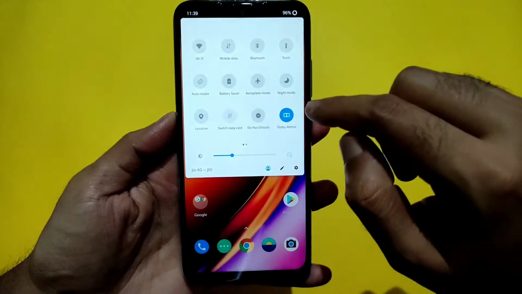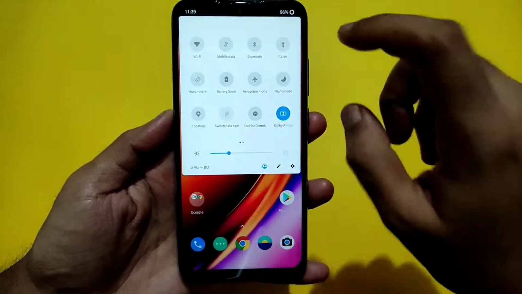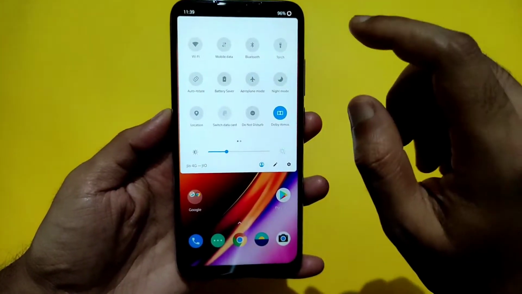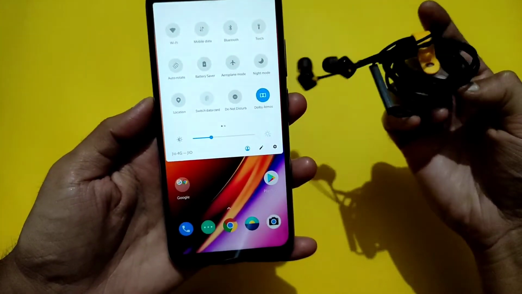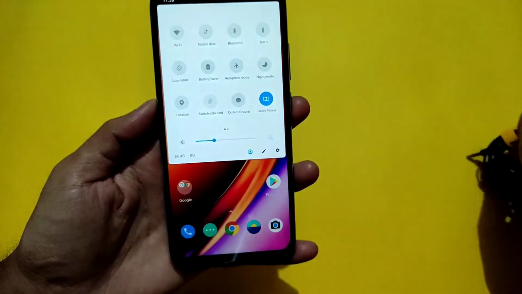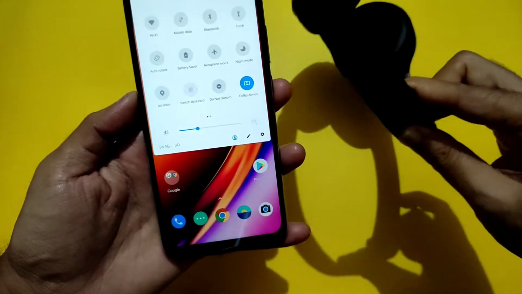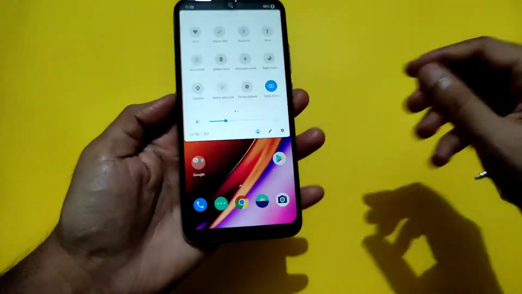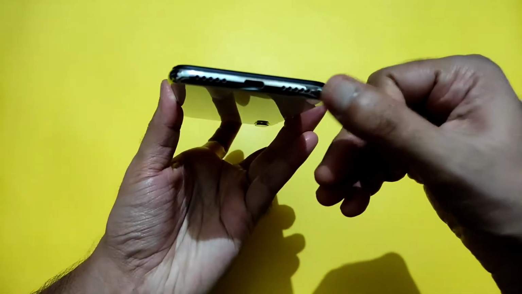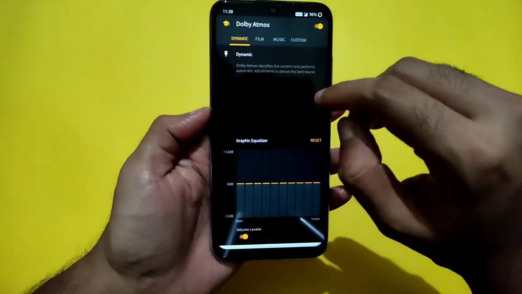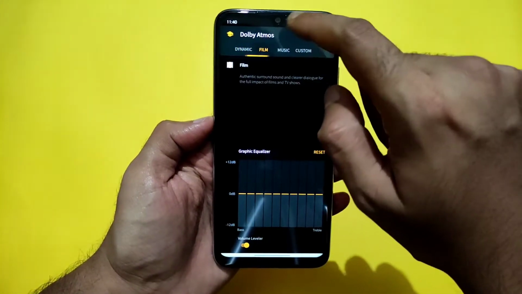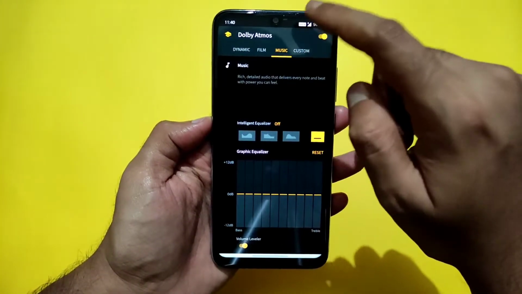And the good thing in this ROM is the Dolby Atmos app is pre-installed. This is going to be helpful for you while using wired earphones, not working in Bluetooth earphones or Bluetooth speakers, and even with the speaker. You can enjoy these Dolby Atmos settings. Let me go here. As you can see, you get dynamic, film, music, custom.